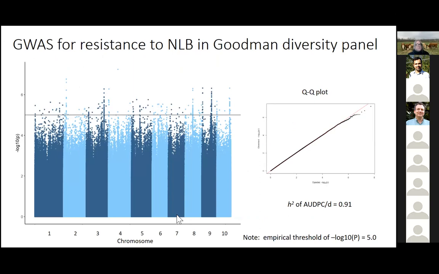And this is what my Manhattan plot looks like. I was really quite pleased with this result. Here's a Manhattan plot from chromosome 1 to 10, minus log 10 p-value on the y-axis. And I made an empirical threshold of minus log 10 p-value of 5. Obviously, with 26 million SNPs,